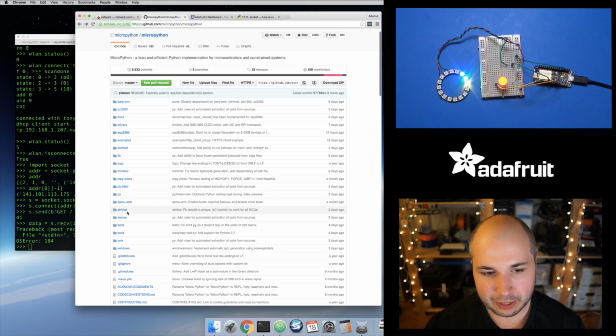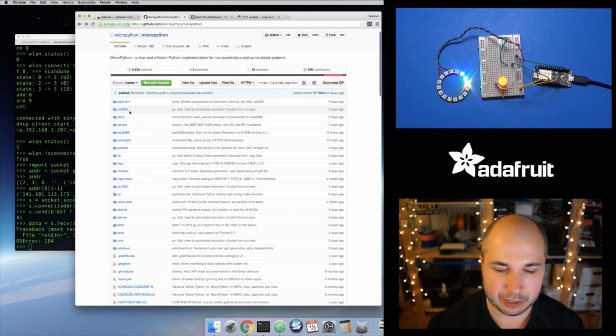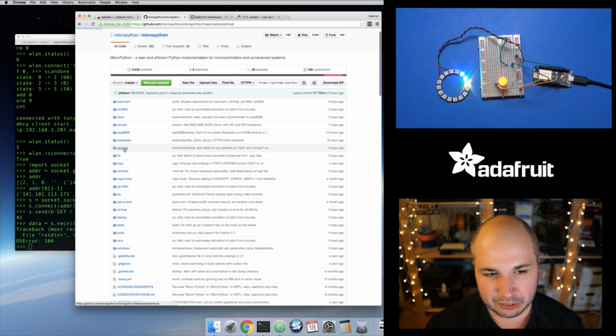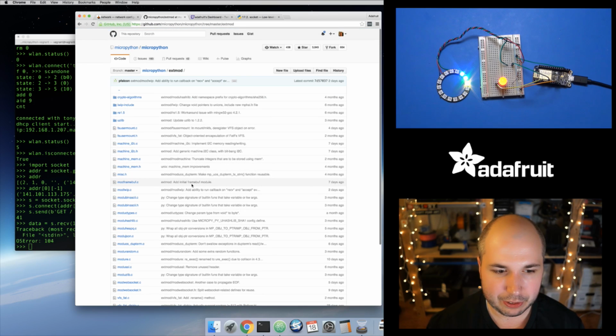Now there's some common functionality because they have multiple implementations of MicroPython as far as where you can run it. The stmhal directory is for an STM32 microcontroller, which is what the original MicroPython Pi board uses. But it supports other platforms like just a bare ARM processor, something that might have a CC3200 Wi-Fi chip. So lots of other platforms here, but some of these platforms share code. Like the STM32 chip shares some code with the ESP chip, and it's in the extmod directory where a lot of these shared